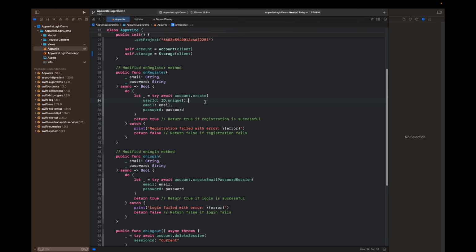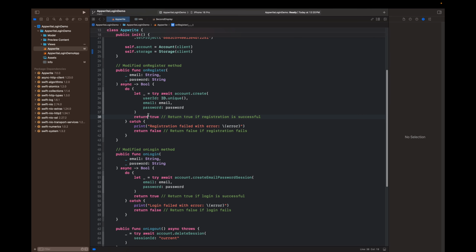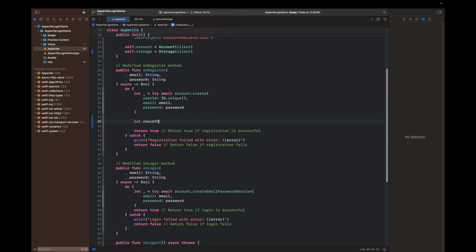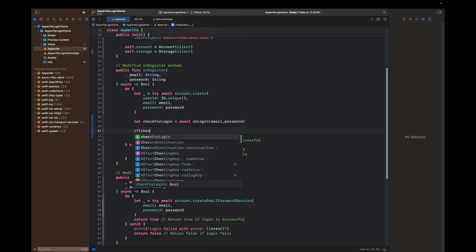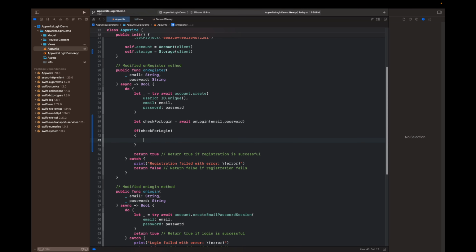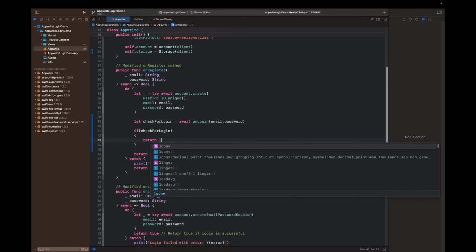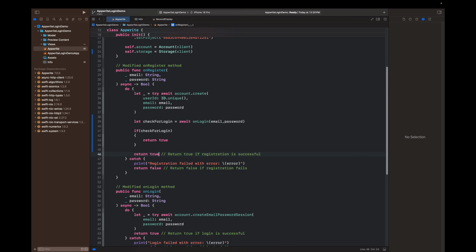So what we are going to do, we have created our email. Now first, we have to check for the login thing. Let checkForLogin equal await onLogin, and here we are going to provide email and password. And if checkForLogin is true, means it returned true, then we are logged in as well, so we return true, else we return false. So this is how it will run right now, and here on the login system,